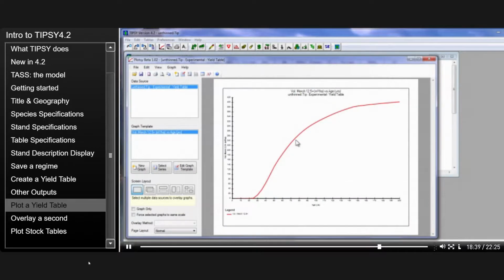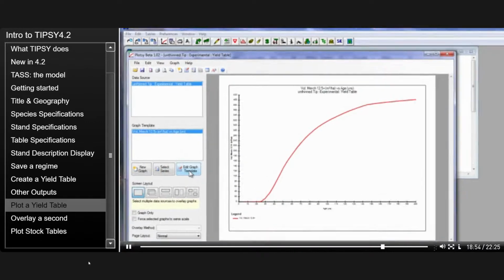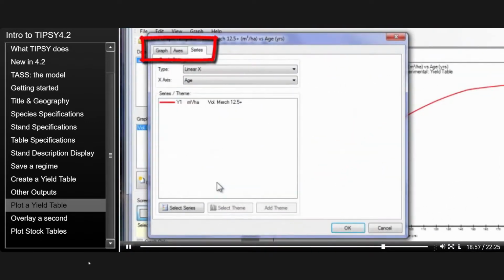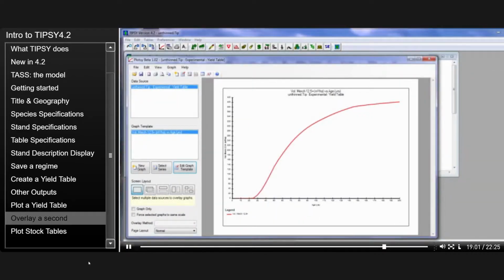And here's the initial graph. TIPSY provides a number of powerful editing tools that allow you to modify and format the graph. A number of these can be accessed through the Edit Graph Template button. Its three tabs let you edit practically all aspects of the graph. Let's graphically compare this unthinned stand with a thin stand. First, I'll need to create another stand regime and yield table. To do that, I'll minimize TIPSY